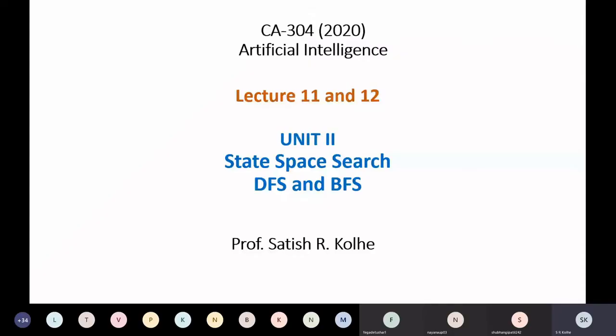In the last lecture, we discussed what state space representation of an AI problem is, and the general steps which are followed while developing an AI system. In those four steps, the first step was defining your problem in state space representation format, so that you will be able to represent the problem in a computer representable form, so that you can program it on a computer.